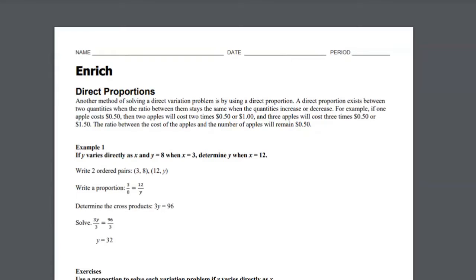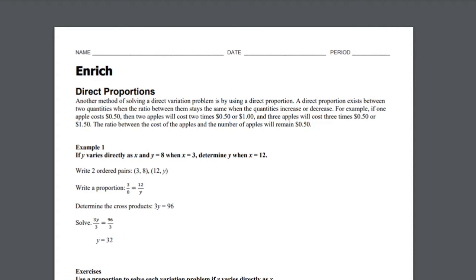There wasn't even a homework sheet that went with this lesson in the textbook, so I'm just going to go with the enrichment practice. Okay, so here it is, and I'm just going to read this. Another method of solving a direct variation problem is by using a direct proportion. A direct proportion exists between two quantities when the ratio between them stays the same when the quantities increase or